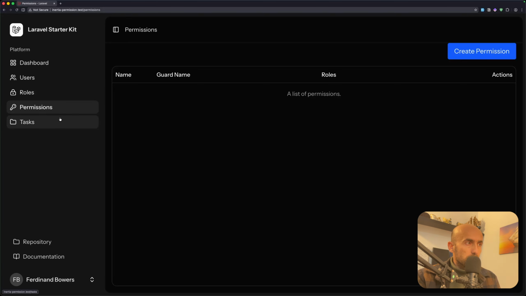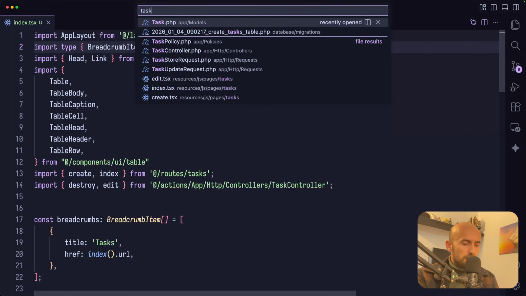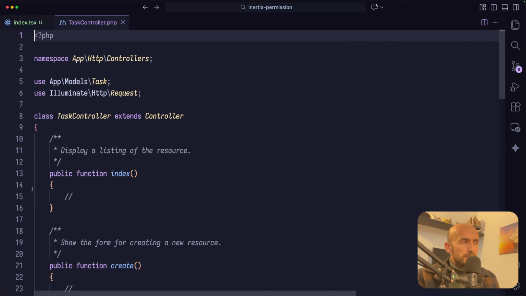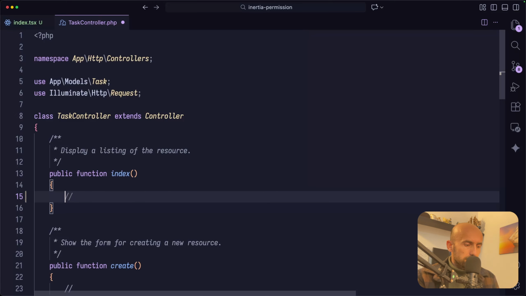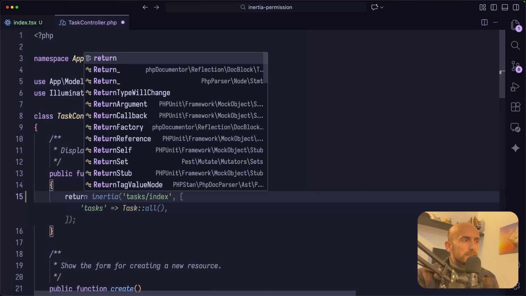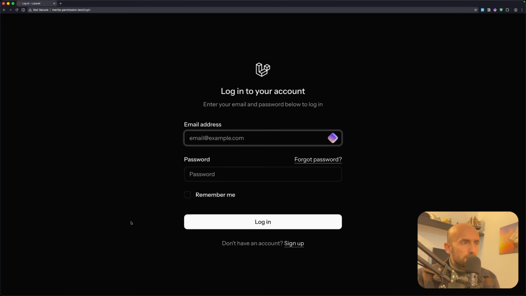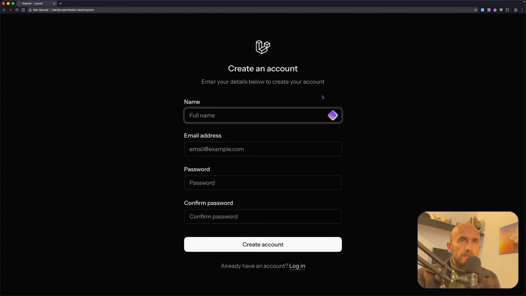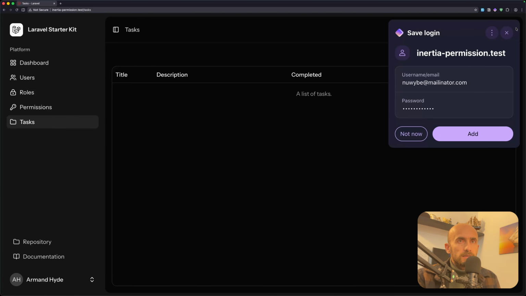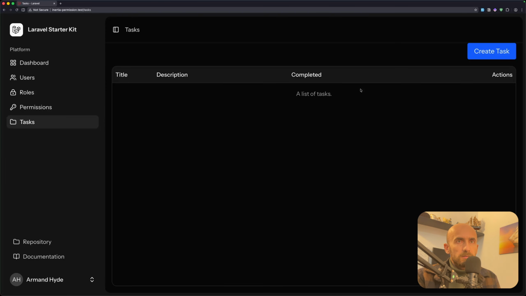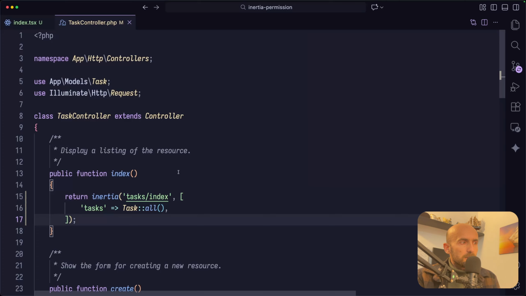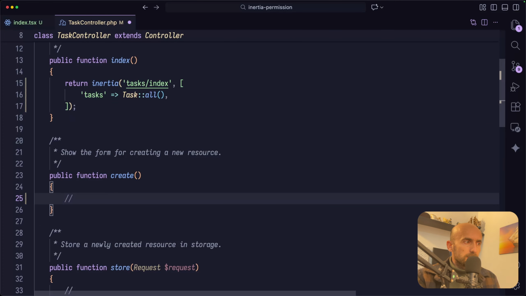I click, yeah, so we need to open the task controller, and inside the index now let's return tasks index, passing all the tasks. We got signed out because we ran migrate fresh, so create, go to tasks, and here we have the tasks table. We have a button, create a task, and let's work with that button, because right now nothing is going to happen. On the create, where the return